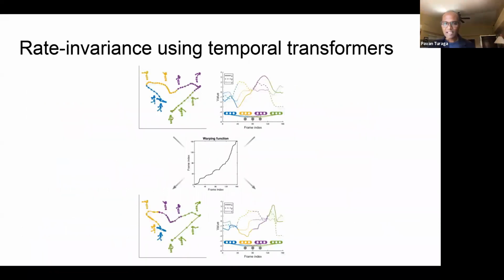The first example we will look at is this idea of rate invariance in activity recognition, where you're looking at activity as a time series, which is evolving in certain feature spaces. And that feature space can be from a simple scalar valued accelerometer based sensing of human movement. It can be a stick figure which has been sensed from a motion capture system or a depth camera, or it can even be a video frame where a human has been detected and tracked over time. So the features you're looking at are computed from the picture. We think of human activities as these time series evolving in some feature space.